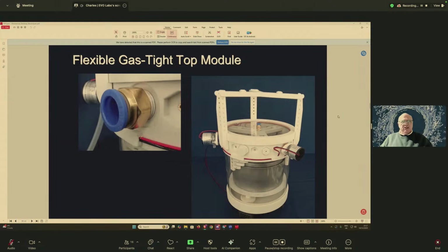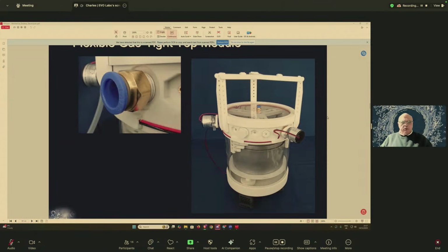That's it. Gas tight modules. You can push fit cylindrical sensors in, but you can also make up cylindrical plugs which will take sensors of any size up to about 14 to 16 millimeters. And of course, you've got a transparent pressure tight top with a gas tight central port which the water goes into. And of course, that top can be drilled and tapped and messed about with so that you can get